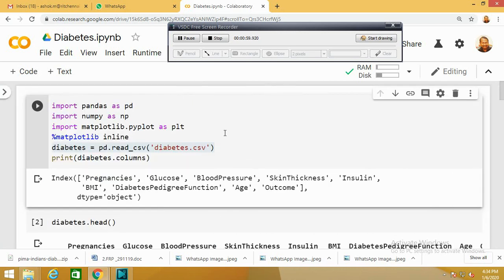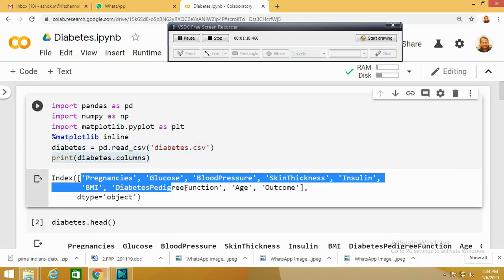After uploading this file only, you need to run this. So no need to install any packages. Most of the packages are built in Colab itself, so no need to use the pip command here. So I am going to print what all the columns available in the CSV file are, right? So they have printed the columns here. You could be able to observe these are all the column names: